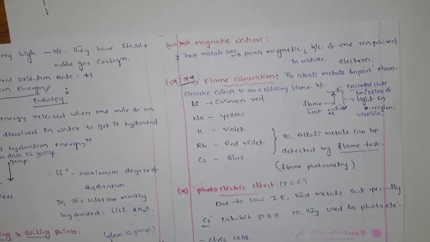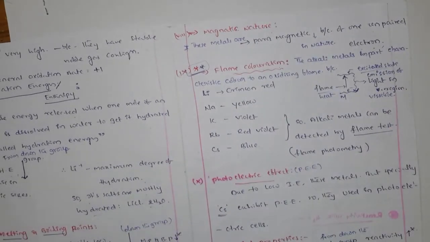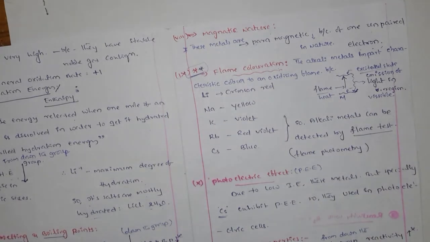So what is this flame test? When the alkali metals are burned in the flame, a Bunsen burner, which is generally available in the laboratory, and you place the metal on the flame, you can see a very characteristic color for each and every element. అంటే ప్రతి ఎలిమెంట్ కూడా ఒక డిఫరెంట్ కలర్ ని చూపెడుతుంది అన్నమాట when they are burned in the